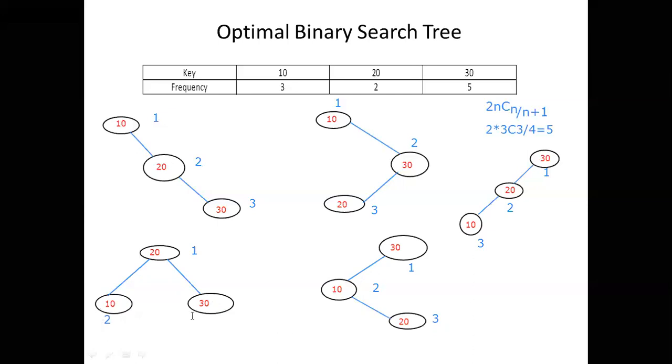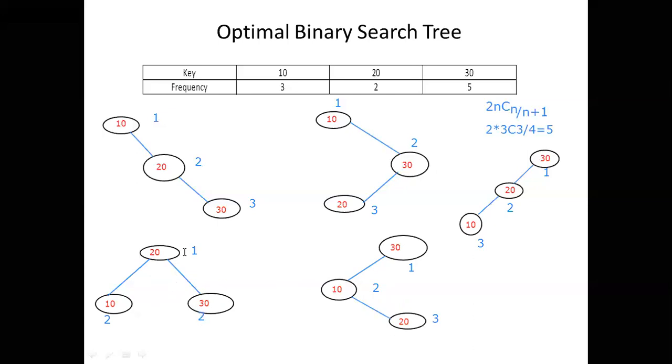See here, I want to search 30. 30 means it will come to the right side only. It won't go to the left side. That is why again the comparison is 2 only. I hope it's clear. What is the difference between this one? 3 got it. Here why it is 2, I already told.